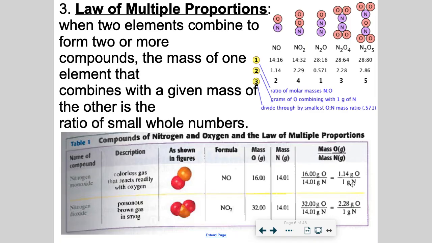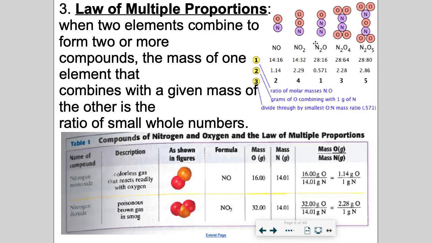Now, how would you compare these two numbers? Okay, so the nitrogen stays the same, but your oxygen, we doubled it, right? We added an oxygen, NO versus NO2, so that means our mass is going to be doubled as well. So that's all that this is saying. So here I have NO, the 14 to 16 ratio, there's that 1.14. Here's my NO2, the 2.29 they rounded, so there must be a third digit and they rounded up, sig figs,